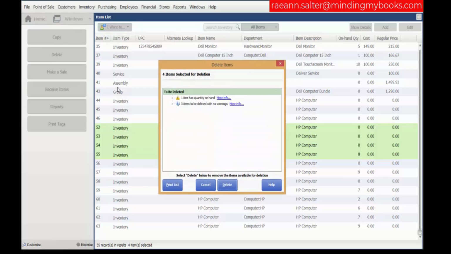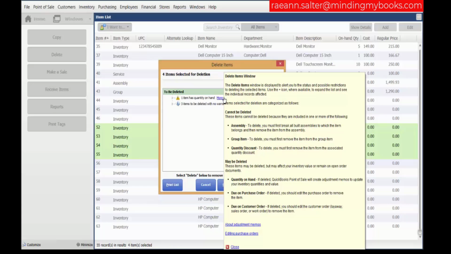We'll choose Delete. We get a warning message. It tells us one item has quantity on hand. If you click on the More Information, it will explain what cannot be deleted and what can be deleted. As you can see, the quantity on hand may be deleted. If you choose to delete this item, which has on-hand quantity, Point of Sale will create an adjustment memo to adjust your